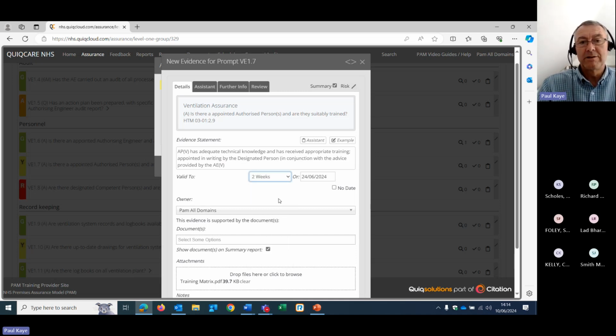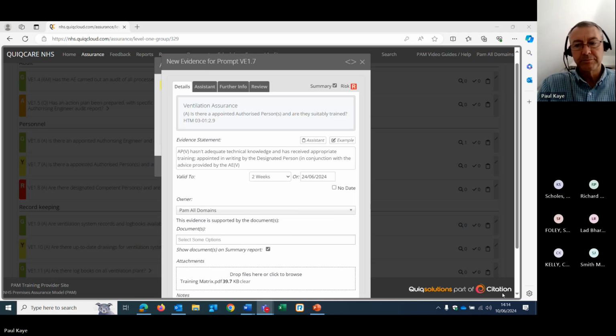So let's say, for example, the AP hasn't got adequate technical knowledge. I can set a reminder and I can risk rate based on the view for that particular question. I can create multiple statements.